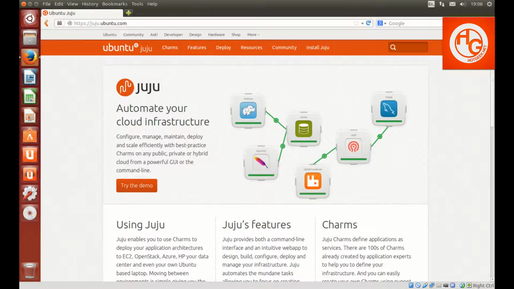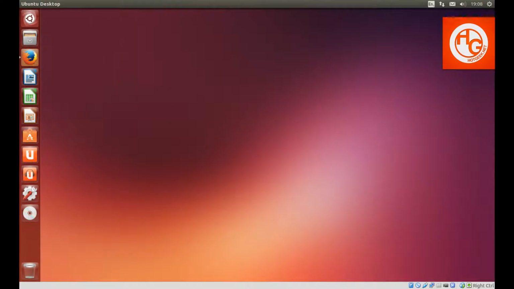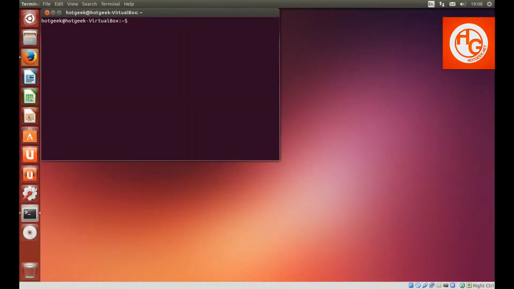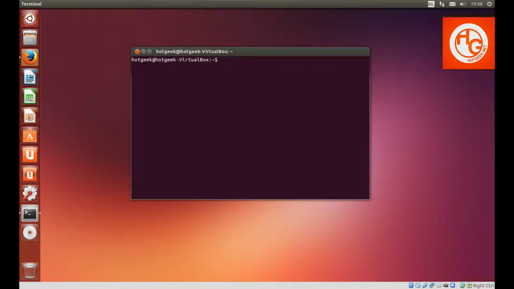So we need to go back to the desktop, press Ctrl-Alt-T to bring up our terminal, our lovely terminal, and let's get started. sudo add-apt-repository ppa:juju/stable